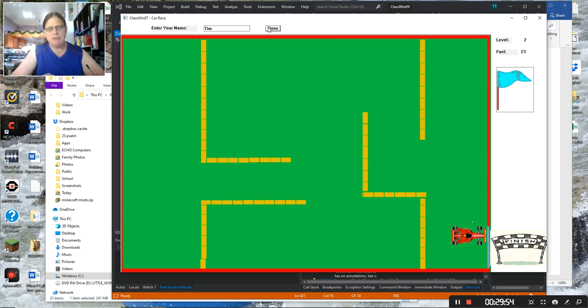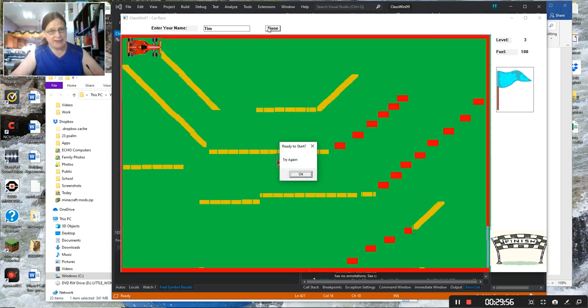Now, of course, if I wanted to play with the gas can in level 3, let's look at this. I'm going to grab this button and move it out of the way. I didn't know if you realized you could do that. And see this gas can here? It's right there in the middle of everything. I wanted to put a gas can right here,